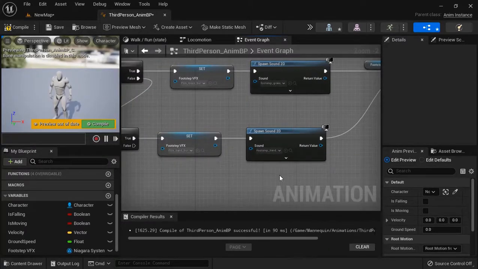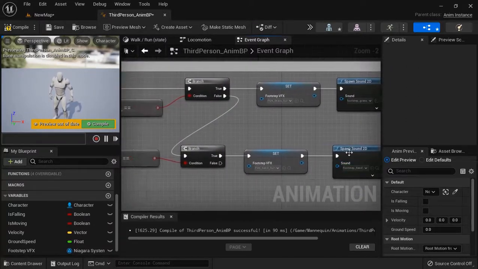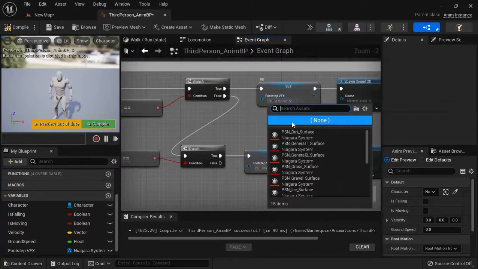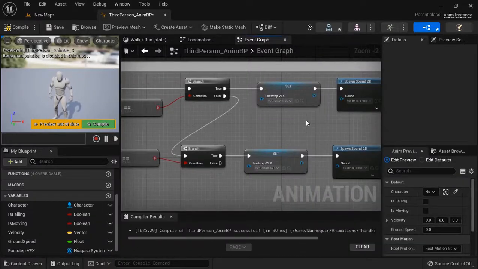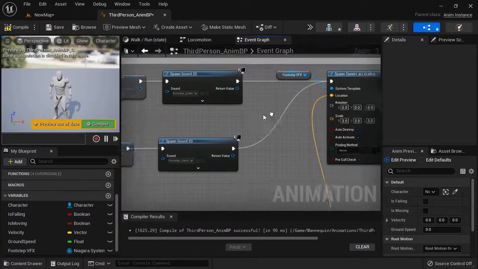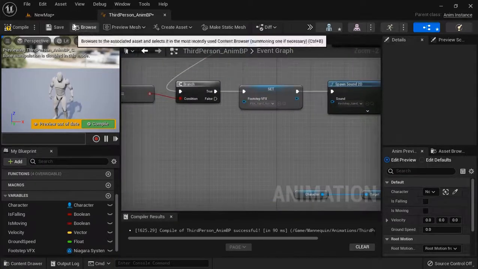Now, you'll have different sounds, maybe you'll use different VFXs, whatever you want. Actually, I'm going to change this one from grass to sparse, just because you can really see it better. The grass doesn't really look that good for this VFX, so I just set that to sparse so you can see it. And then that's it. That's all you have to do. Everything else, you can just hit save,